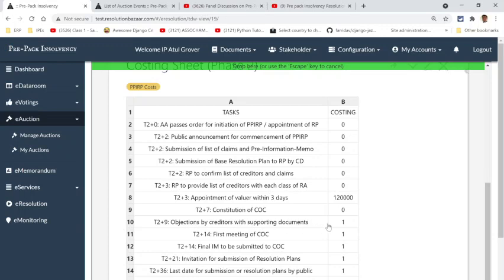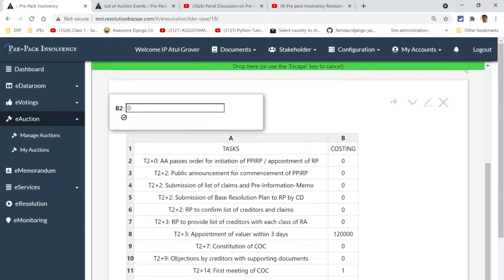Constitution of COC is not going to cost you anything, and objection by creditors with supporting documents is solved. The job of the resolution professional we've already paid for. In which case the appointment of RP has been made here, so the money to the RP has to be given. So we are looking at 50 into 4, assuming he agrees for 50,000 rupees, and there is a process for 4 months.